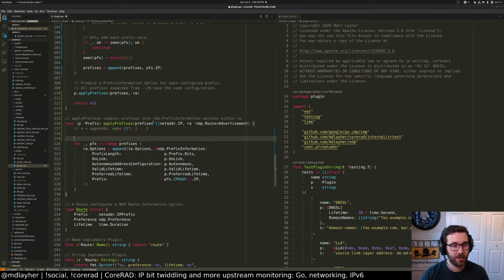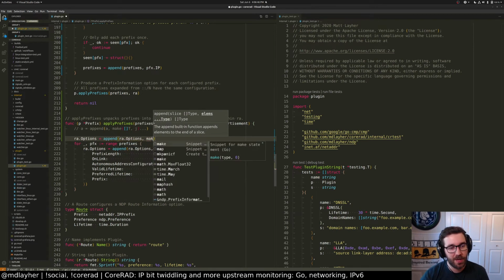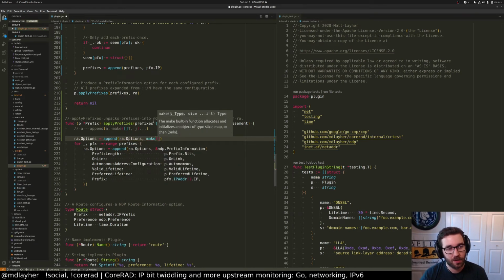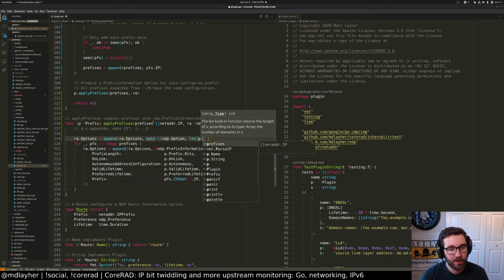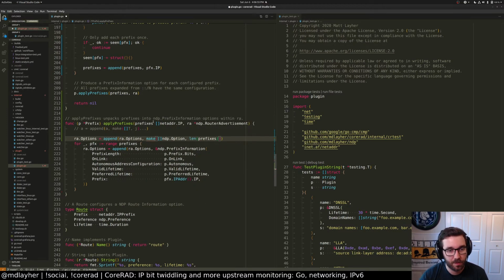So roughly RA options equals, it's weird. It's the kind of thing you don't do very often, so I didn't think about how to do it, but options make array NDP option and prefixes. So this will extend the length of the slice. Oh, we want to extend the capacity. We don't want to extend the length, right? We want the cap to be the same. Oh, no, this will extend the capacity. Wait a sec.